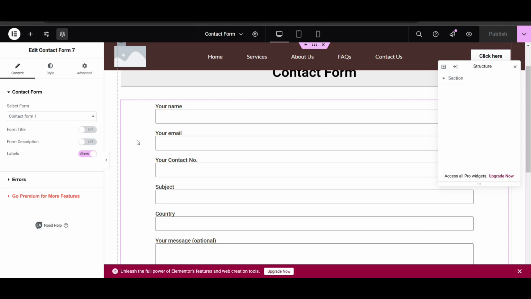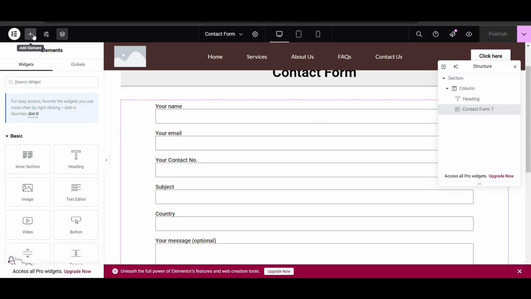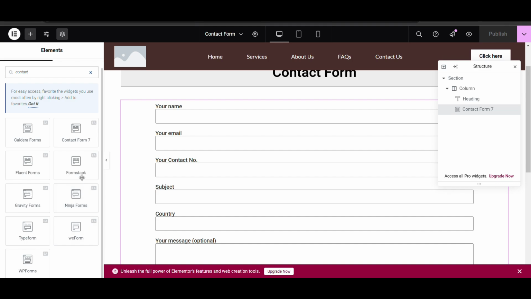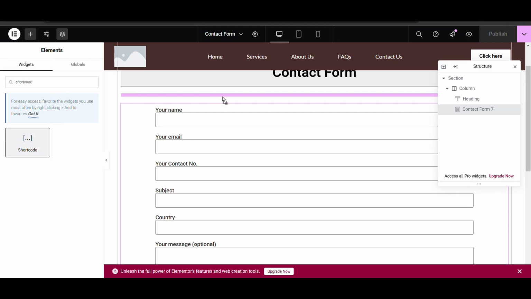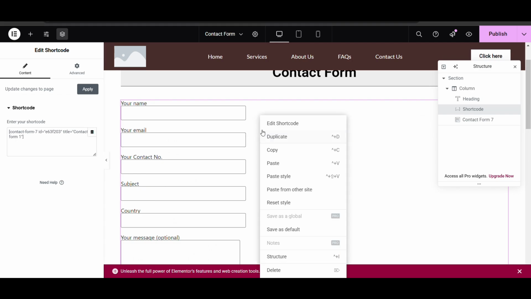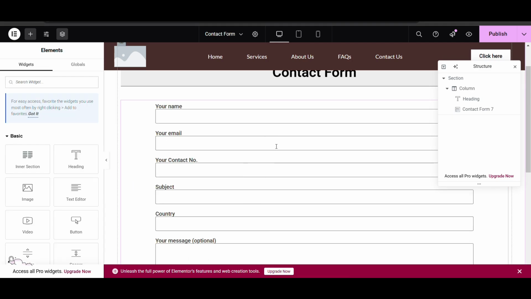You can directly paste the shortcode, or some Elementor add-ons provide an option for Contact Form 7, so you can directly drag and drop, or you can add the shortcode. Both options are there. Paste the shortcode that you have just copied and you are getting it. Styling is from your side. You can use custom CSS to style or anything else.